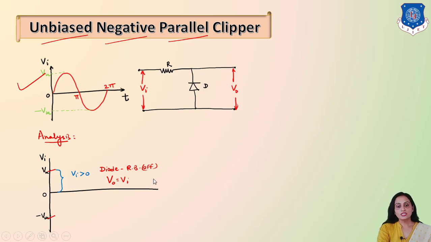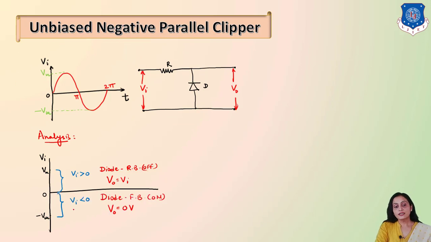So when there is a positive half cycle, the polarity of input is plus minus like this, and due to that the cathode is connected to plus and anode is connected to minus. That is why the diode is in reverse bias, you can see, that is diode is off. And due to that, output voltage terminals are directly connected to input. That we will find in the equivalent circuit.